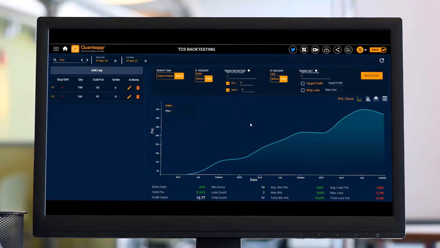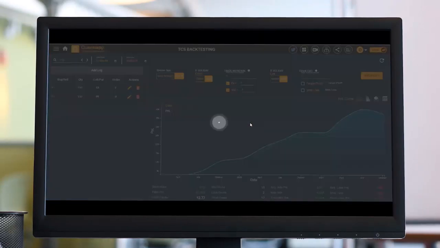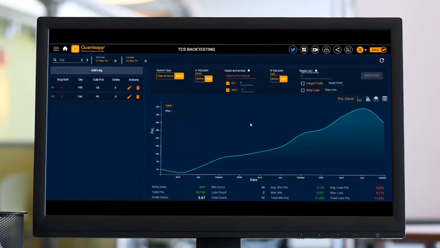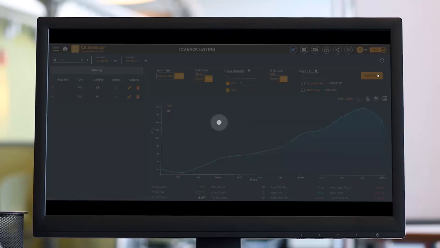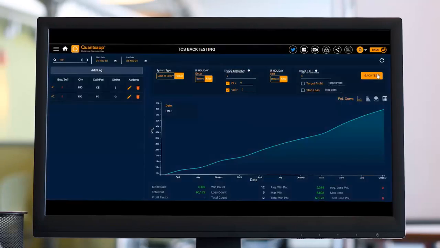And even if I want to make any changes, let's say if I want to check how the strategy would have behaved if I enter on the expiry day. So that is how the backtesting tool helps us in backtesting our strategy in next to no time. Now let's say if I want to check how this strategy would have performed if I enter 2 days earlier to the result and exit on the same day, which is 3 days post the result. So we will get to see that also.